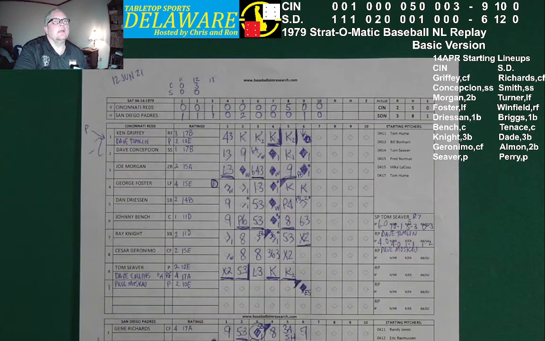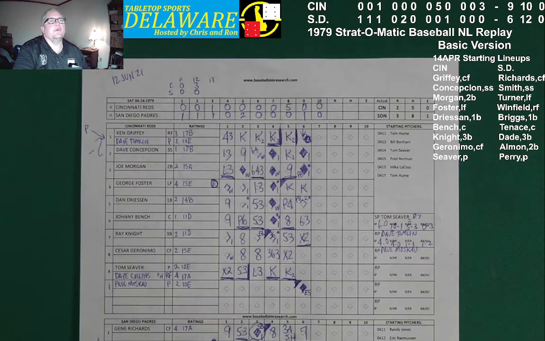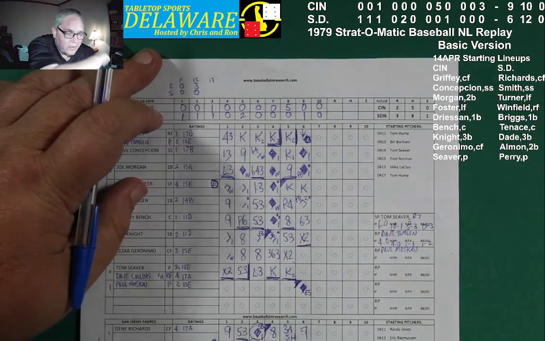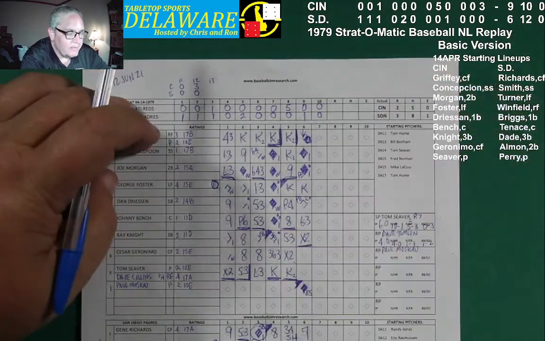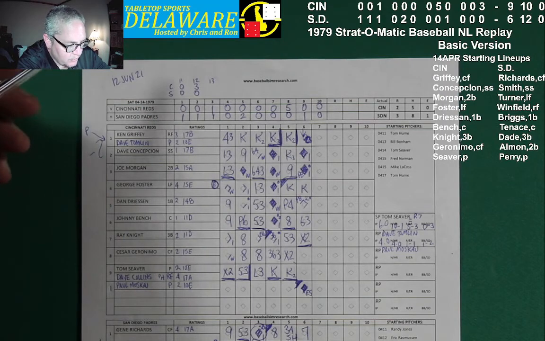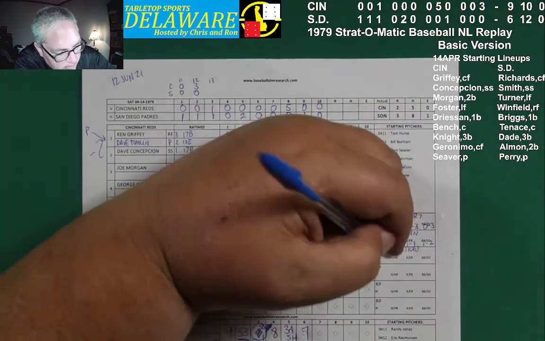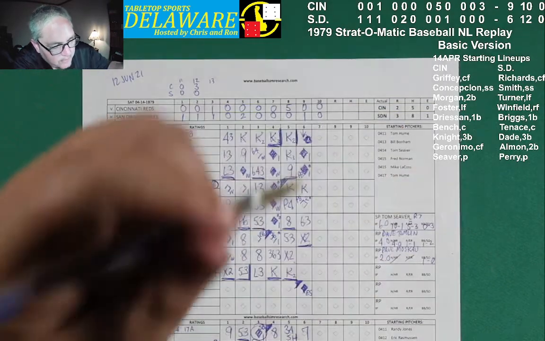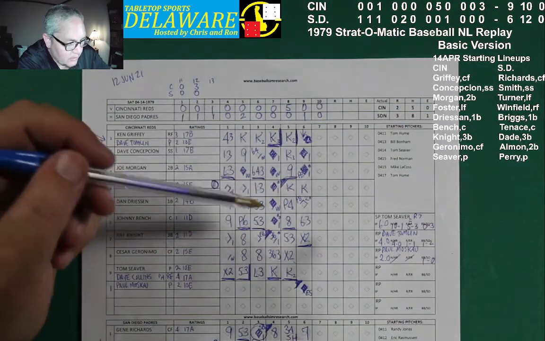Alright, so there's your final score right there, guys. 9-6. Cincinnati scores 3 in the top of the 12th and is able to outlast the Padres. Let's finish the pitchers real quick. Moskow went 2 and issued a walk. Dink, dink, 1-0. DeKisto went